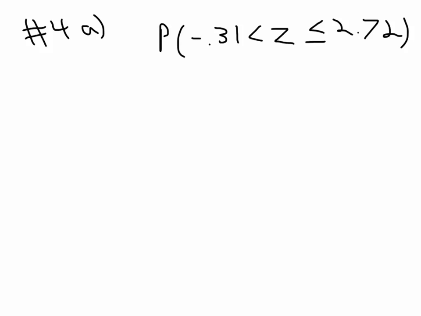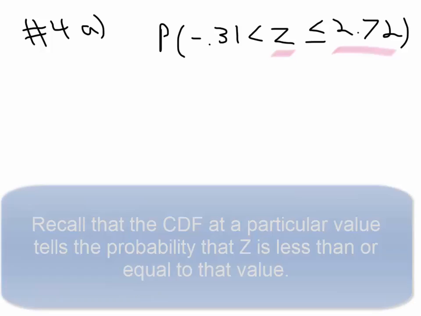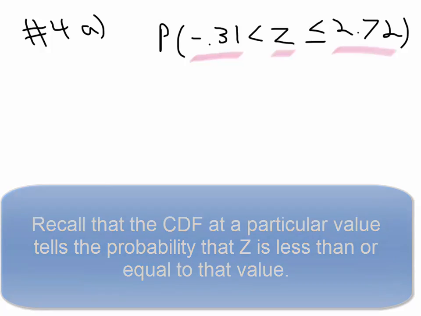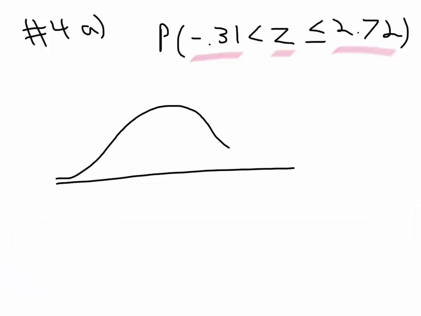To figure out the probability that a standard normal variable z falls between two values, we want to subtract the CDF of the higher value minus the CDF of the lower value. So let's take a look at what that would look like in a picture. Well, we know that the mean of this distribution is 0, and 2.72 is somewhere over here, and negative 0.31